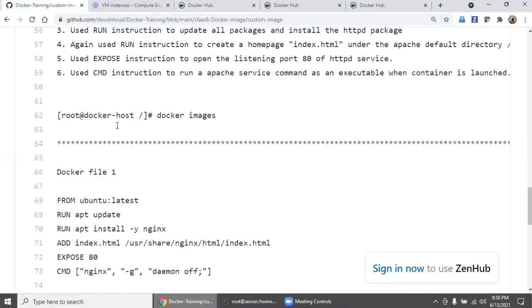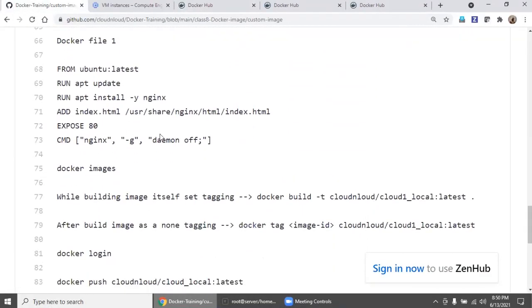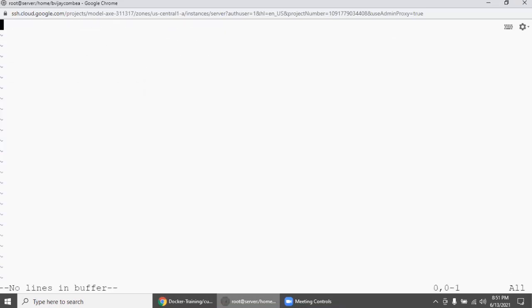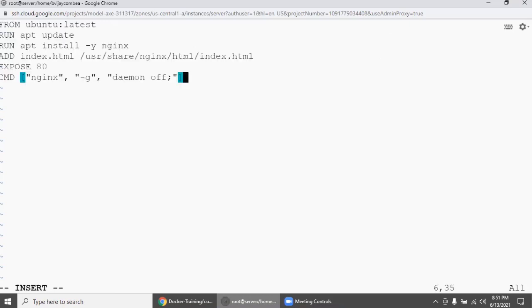Go back to your step. Come down. Now we will build an image, and while building the image itself, we will build with the correct tag. So I am creating this Dockerfile. We'll delete this and save.